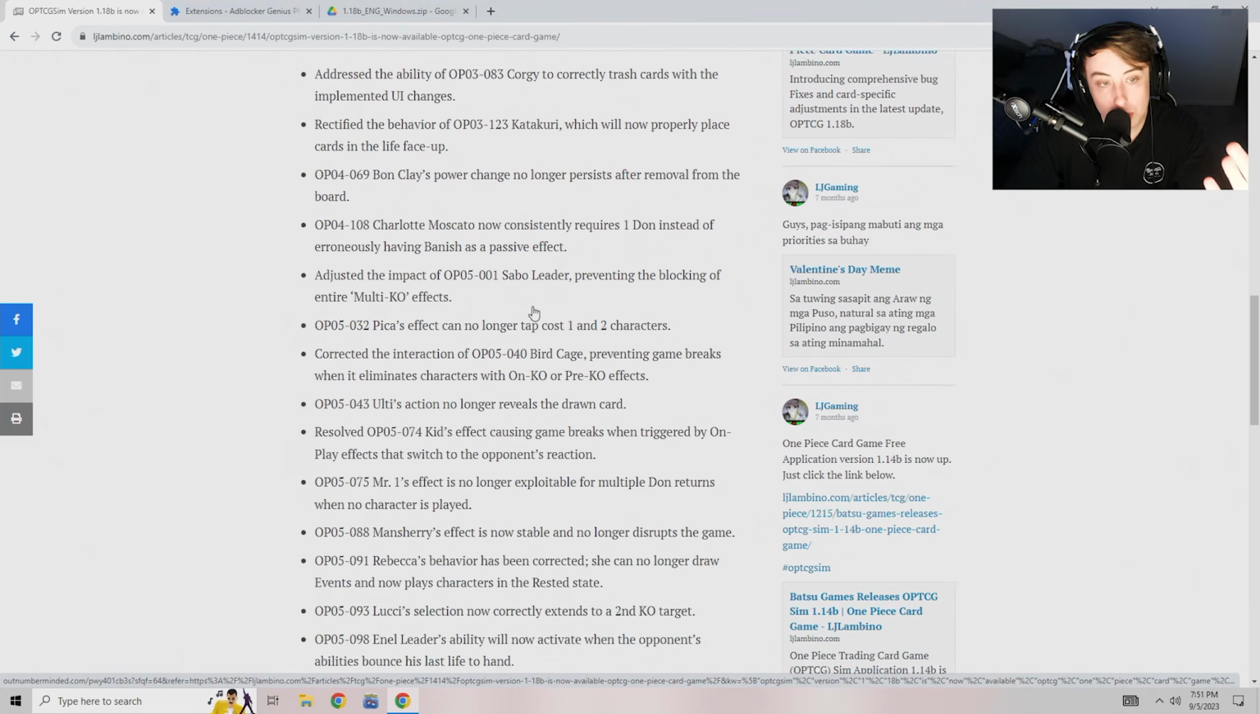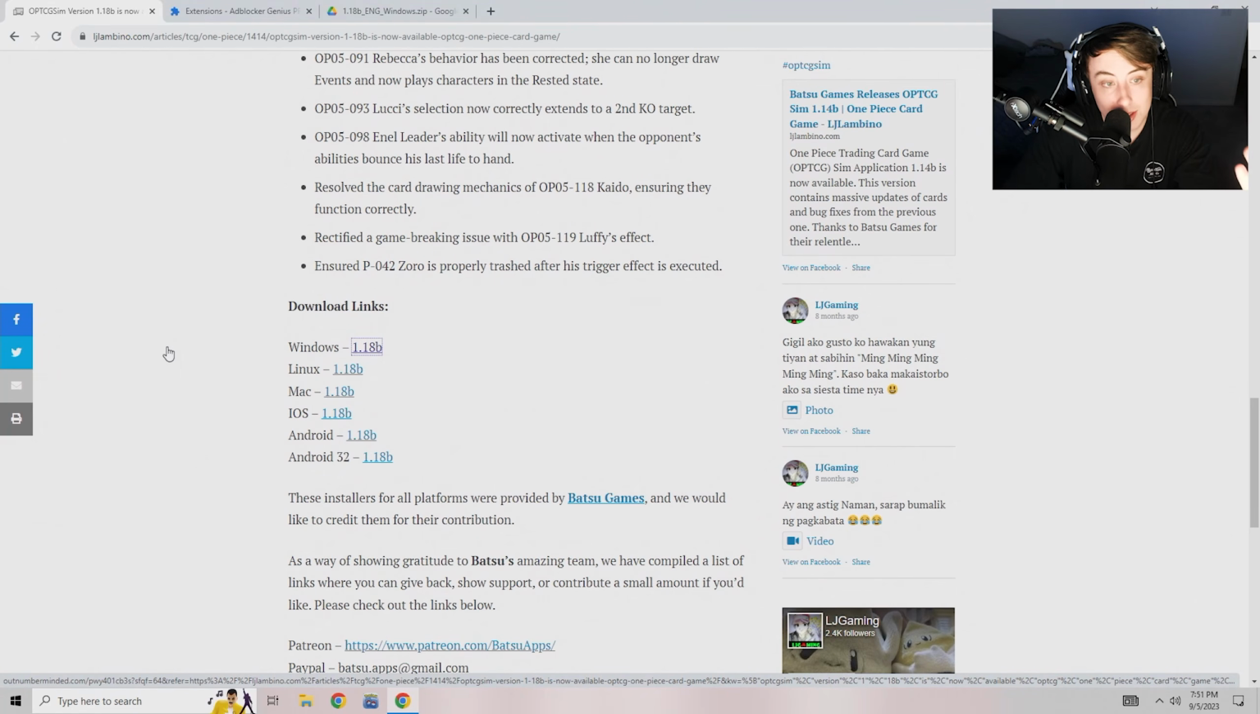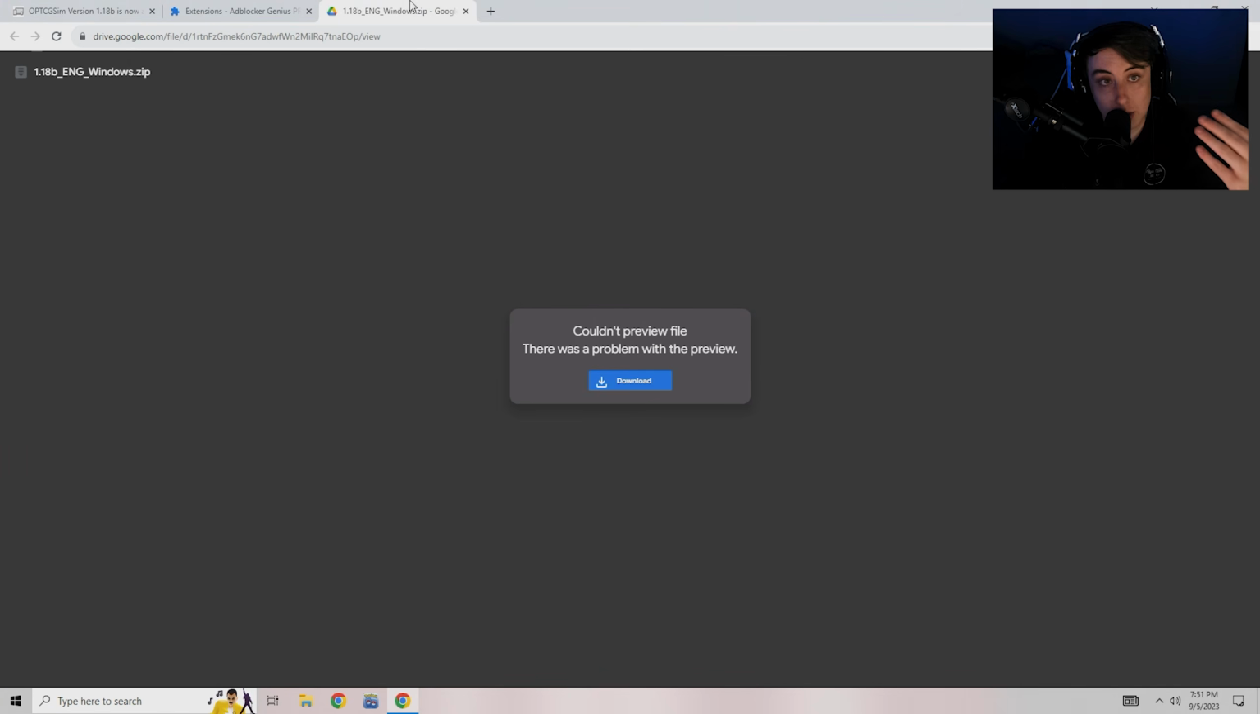So what you're going to do is scroll all the way down until you see the download links. You're going to have Linux, Windows, Mac, iOS, Android, and Android 32. The iOS and Android ones work on your phone as well as tablets, and the Android one even works on Oculus Quest 2 if you decide you want to just sit in the virtual reality world and play some cards. It's pretty nice. So go here, click on Windows, and it's going to take you to this link for Google